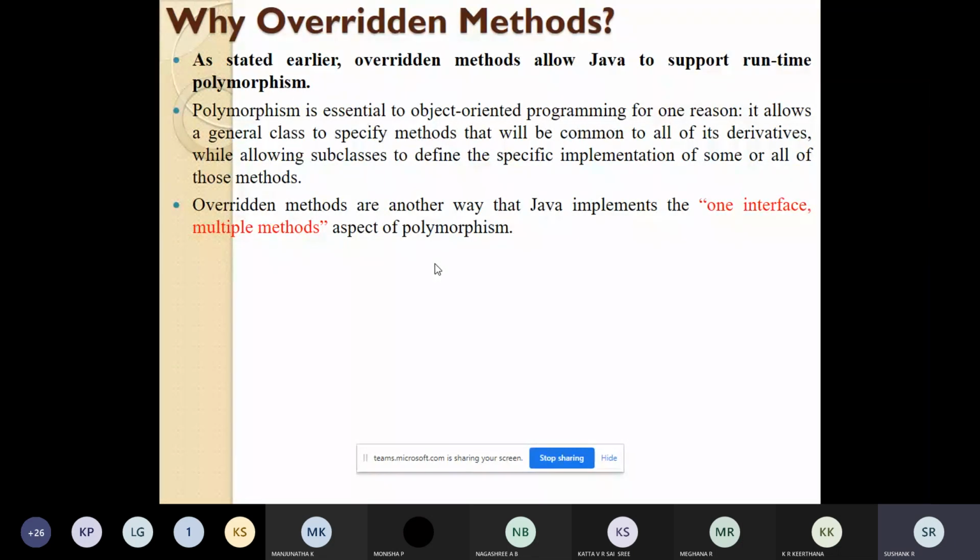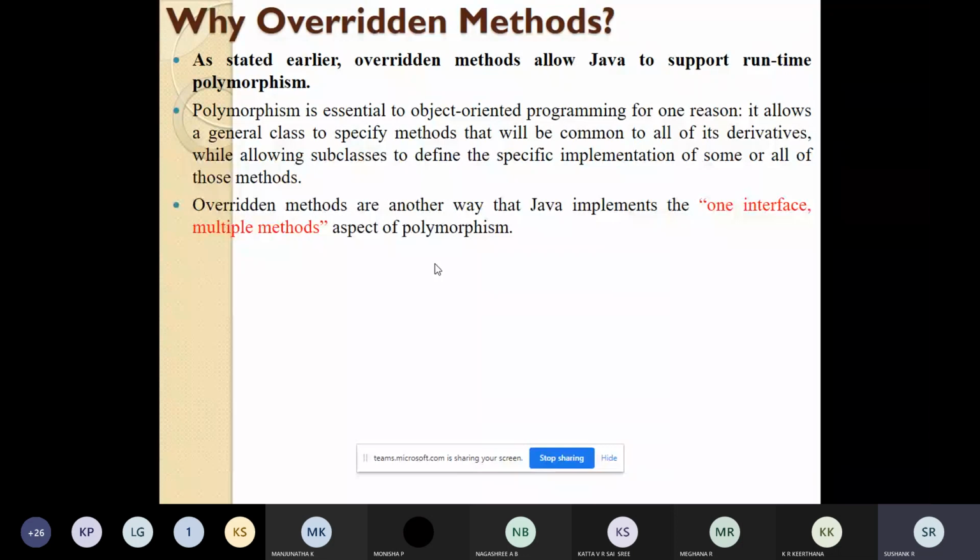Then we learned about the dynamic dispatch method, where we have the same function name in three different classes. Which function in which class is to be called was decided based on the object that is assigned to the reference variable.